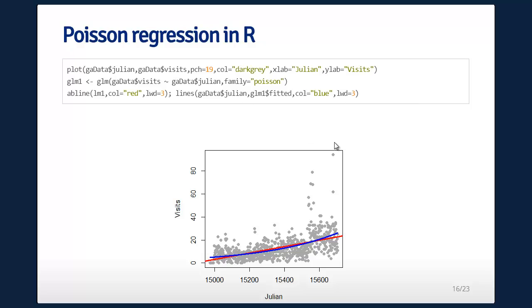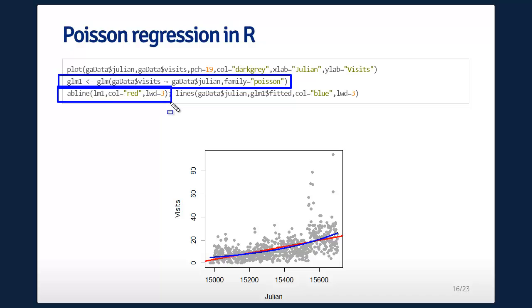Poisson regression in R is very easy. You just fit a GLM. You just want to make sure the family equals Poisson. The log link function is the default link function. And you can just add the plot with an abline statement. I'm sorry, abline, that's for the linear model. And then lines,